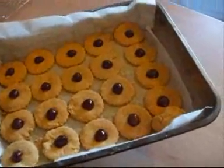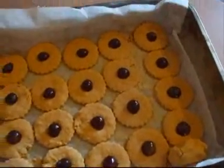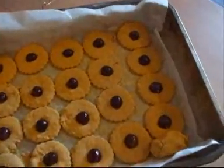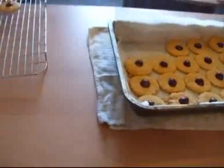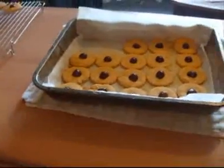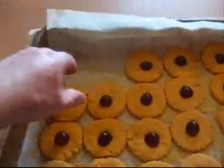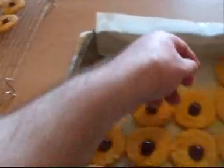This is just after about 15 minutes, and I think some of them may be a bit soft to the touch, so the next delicate job will be to get them off of the greased and floured greaseproof paper onto that wire rack for cooling. Now what I've done to facilitate this is I've used a tea towel because the thing is still a bit hot, so I don't burn the surface of my worktop. I now use that and carefully transfer the cherry biscuits to the